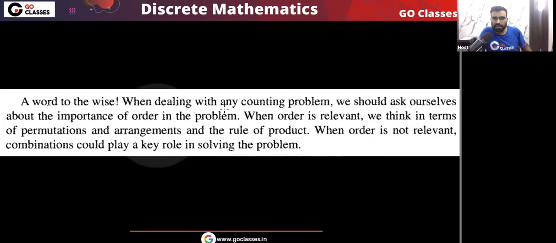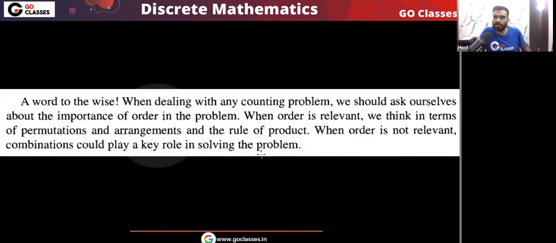In any counting problem, if the order of chosen elements matters, then we can think about permutation or arrangements. And I told you that permutation is just a fancy application of the product rule. So whenever there is any question related to arrangements, or whenever the order of elements matters, you can apply the product rule.